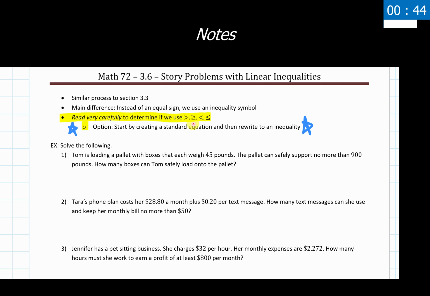So there's a lot of different buzzwords and ways that they can have that written in there. Some of them are pretty clear and obvious. Others are not so much. We need to read through it a couple times. So take the time you need to as you're reading through them to determine which specific inequality symbol we are using. We can also make some reasonable assumptions based on the wording of a problem to determine which one we're using as well. So let's dive into our 4 examples that we have here.